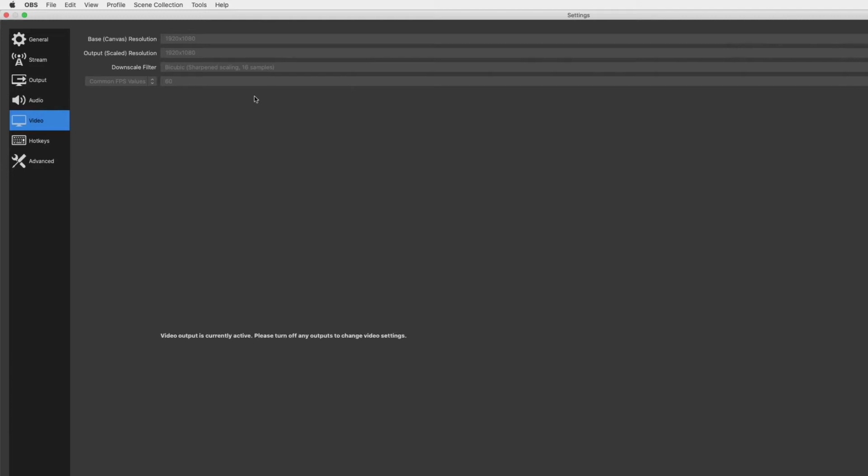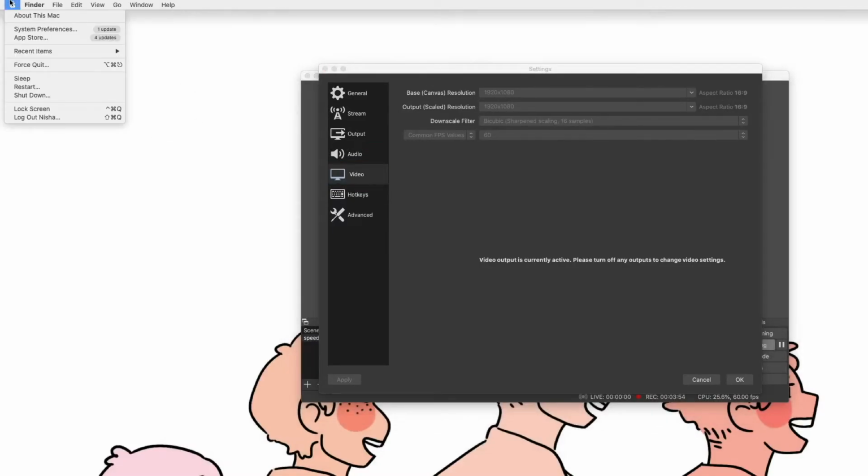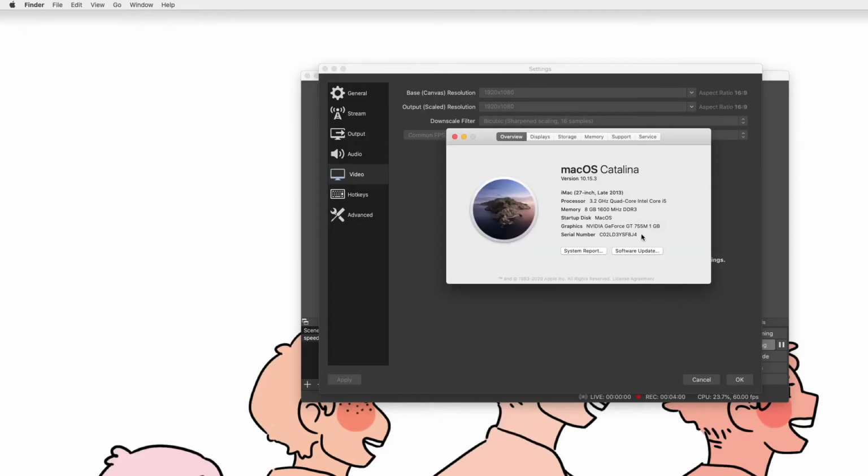So let's zoom in a little. You have 1920 by 1080 for both of these. If they're different, they're going to come out blurry when you record and when you edit on your editing software. So you've got to make sure that those are the same. And actually, you kind of have to toggle around with it, as long as they're the same ratios for both. Because I was like, oh, maybe it coincides with the pixels for the computer that I'm using. I'm not sure where it said, but when I looked at it before, it would say something about the displays,